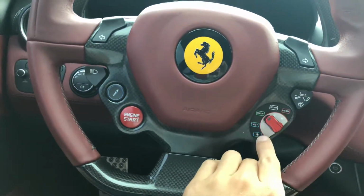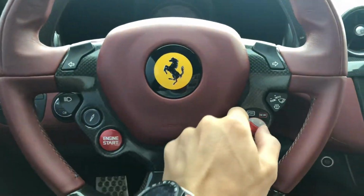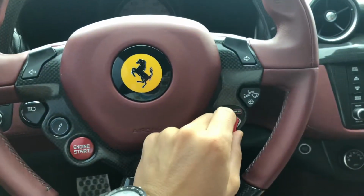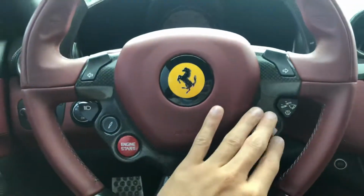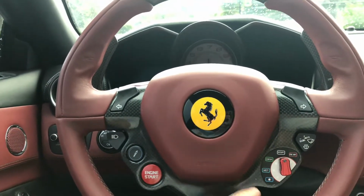The Manettino, you can actually see that this thing changes a lot. Like from sport, the car becomes really, really, really sporty. This is suicide mode, I call it. I would only do it on the track. Sport becomes really sport. I wouldn't recommend driving this car in sport all the time, since it has a weird